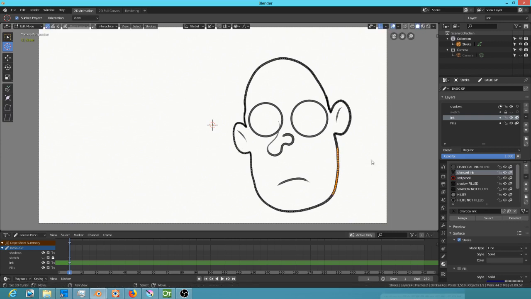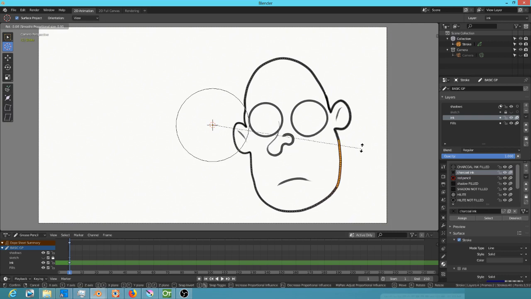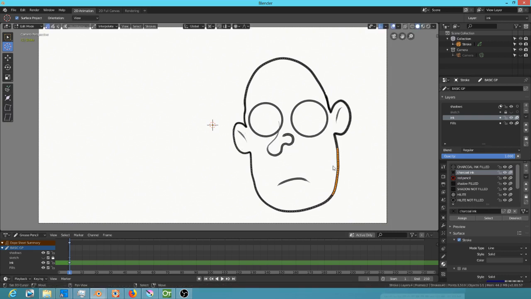So we can also rotate. You'll notice that the points are not rotating around their own center. They're rotating around this little widget right here. Now that's super useful because if I hit the A key to select all the points on my character,